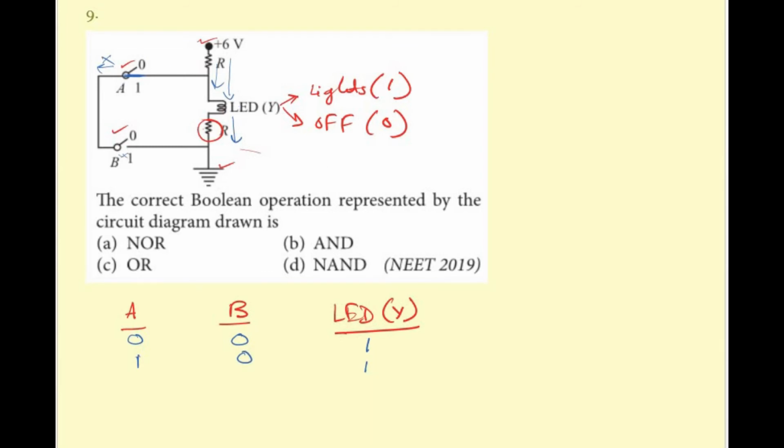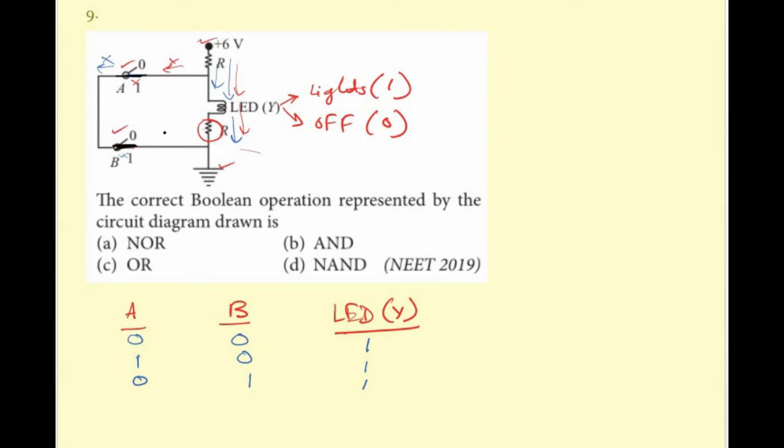And again, if this is closed and this is not open, current will also not flow in this direction, current will directly flow in this direction, and as a result, if A is 0, B is 1, it will be 1. And in the last case, if both the switches are off, this switch is off, this switch is off,